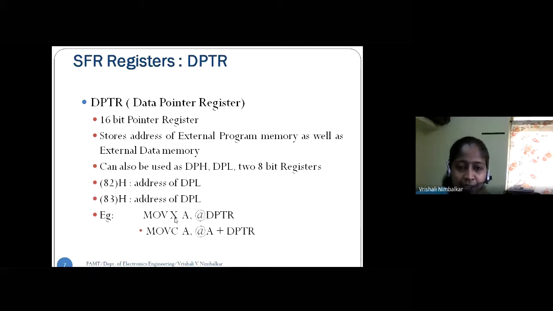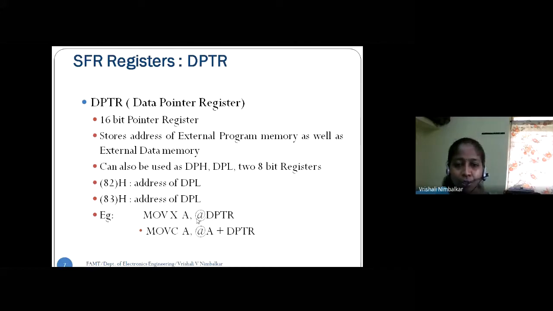And there is that letter X. X indicates external RAM. And C indicates external ROM. That X and C indicate external RAM, external ROM. And that MOVX is called a mnemonic. MOVC is called another mnemonic. And see how we make use of DPTR. The instruction is MOVX A,